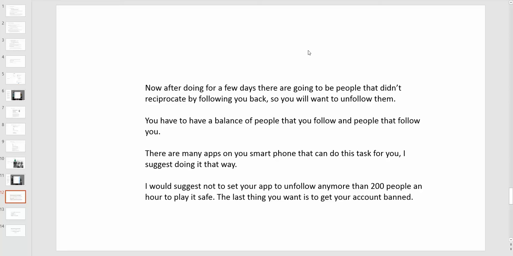I wouldn't do any more than 200 people an hour to play it safe, because Instagram is watching your account. They're trying to avoid spammers. So you want to play it safe, but you're building a credible business here. You don't want to be all spam and everything.